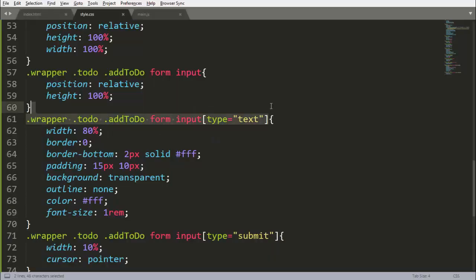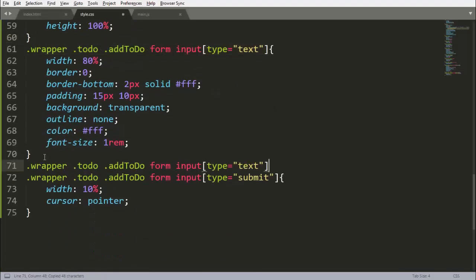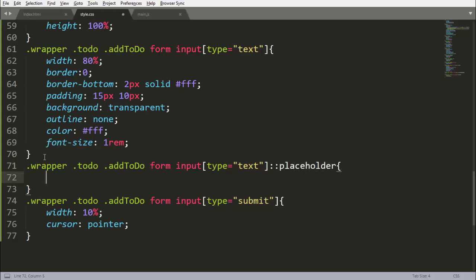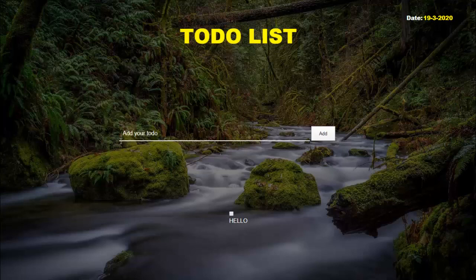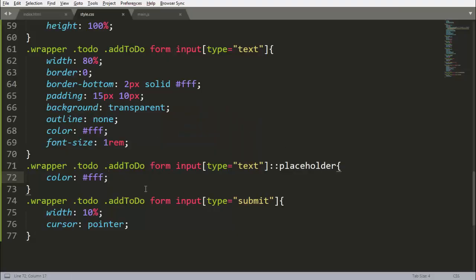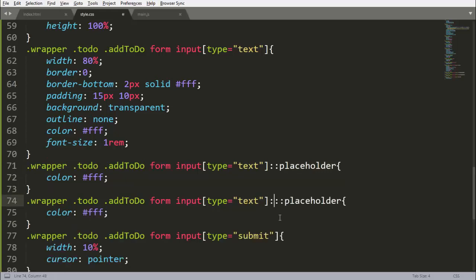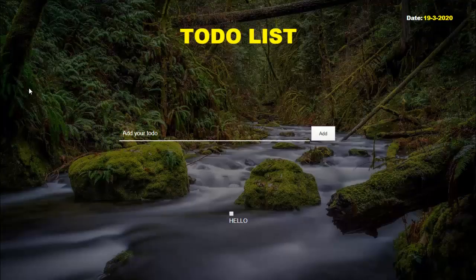Now let's add the placeholder. Its color will be white here. So now see that its color is white here. When we hover on it, its color will change. So for that, copy this and paste it here. Simply write, when we hover on the input type text, then its placeholder will change the color. So let's take it as CCC. Save it, reload it.